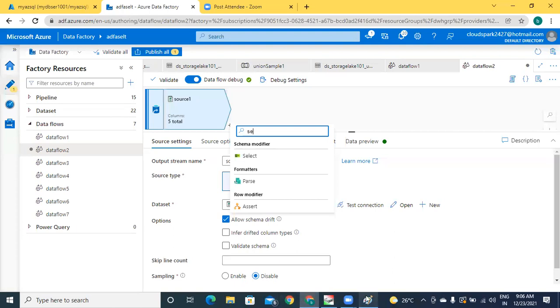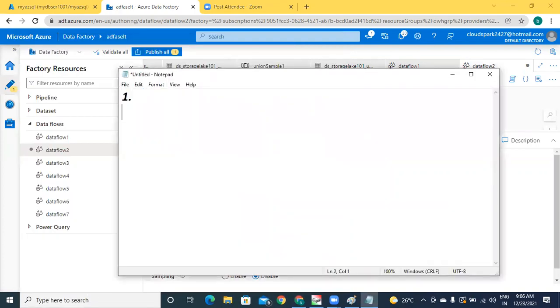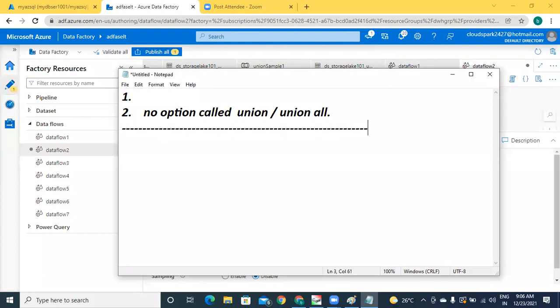Okay, that means here the second limitation: no option called union or union all, like this. Got it? In this way, even though limitations are there, by adding other transformations, or for the first limitation, by adding multiple union transformations, you can overcome that.